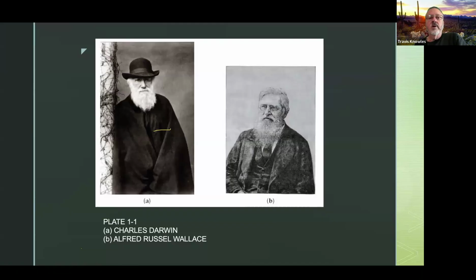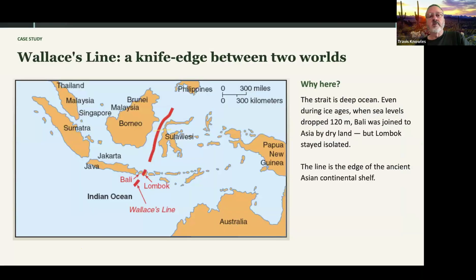Here's Darwin and Wallace again. These are photographs of both of them when they were a bit older. This is one of the most famous maps in biogeography. This is so-called Wallace's line, the red line that you see here. So back in the 19th century, when Wallace was over in Southeast Asia, and I'm not sure if you're familiar with all of these countries, Borneo, Sumatra, Malaysia, the Philippines you probably heard of. Here's Australia over here, which most of you are familiar with. Here's the island nation of New Guinea. Wallace spent a lot of time in here traveling around and looking at animals and plants. Excuse me. And what he noticed is